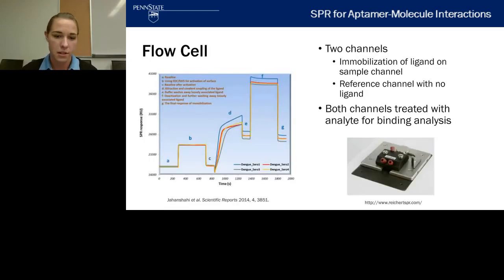We can also look at the figure on the left, which shows a sensorgram for an amine coupling reaction for the immobilization of a ligand, or several ligands in this case. We can see in A, first we have a baseline sensor signal, which at B increases as we use EDC-NHS to activate the surface. At C, we see that the baseline is maintained after we are washing the surface with our running buffer. And then in D, we incubate this surface with the ligand of interest, or in this case, several ligands. We can see the mass increasing, and then in E, we do a wash step to remove the binding of loose